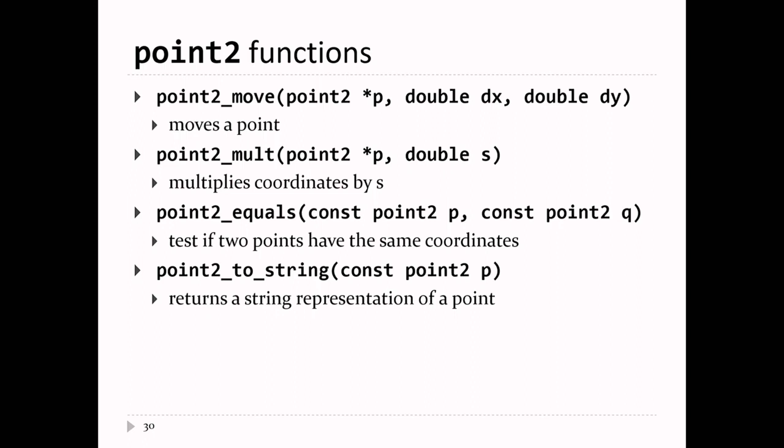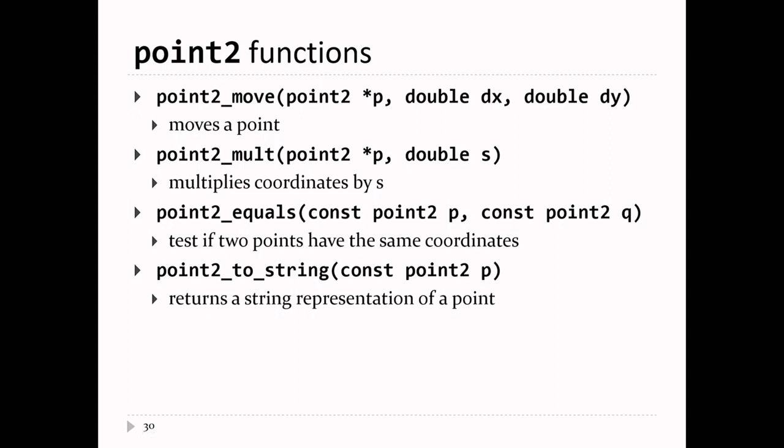Now, why does this function here take in a pointer to a Point2 structure? Well, the answer is it's going to modify the object that p points at. So remember, if you want to change a variable belonging to a caller,